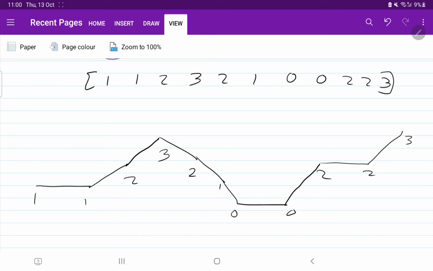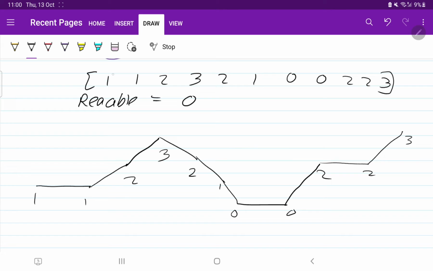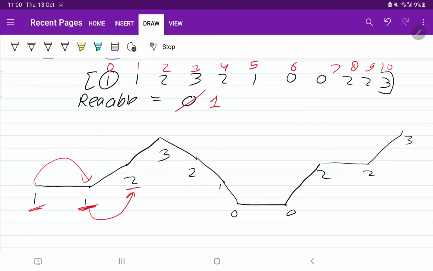Perfect. Now initially, what I told you, our reachable is at 0. So what we will do, we will traverse the array. So we will come to the first position and we will ask, what is the maximum distance you can reach? He will say that I can reach to the index. Let me write the index also, so it will be easier for you to get the things. So he will tell I can reach to the one position, that is the first index. So we will update our reachable. What we will ask him, where can you reach maximum? He told that he can reach to this index.